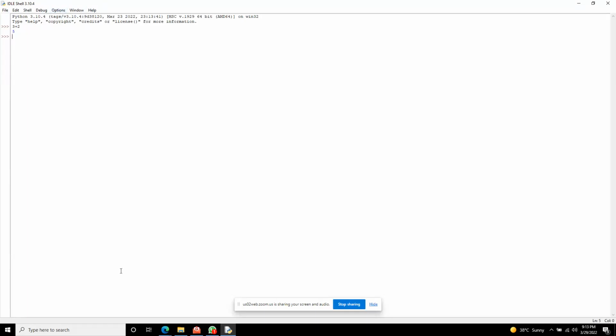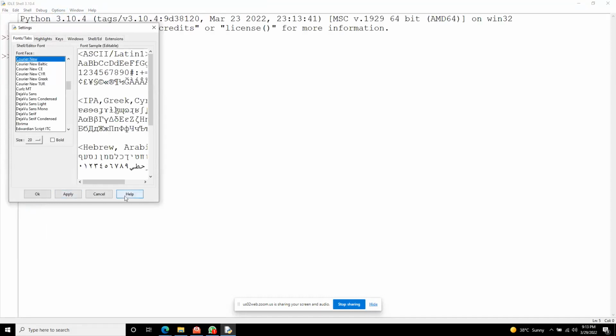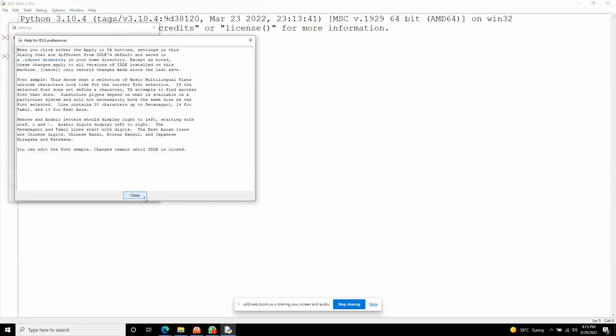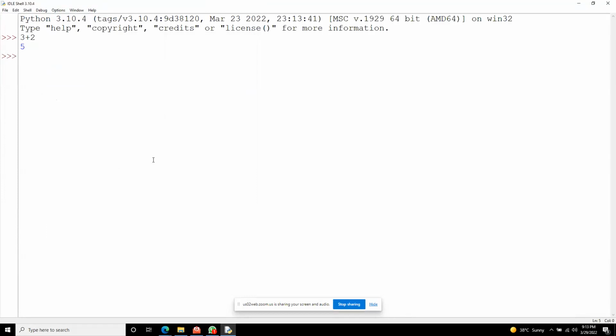If you want to increase the font, go to Options, Configure. Ideally, the first one, size, you can give some 20, say Apply, Apply. Okay, fine. Now we can check, we can work with this, right? Yes. And if you want to work with batch mode,